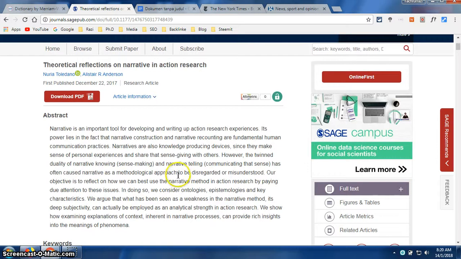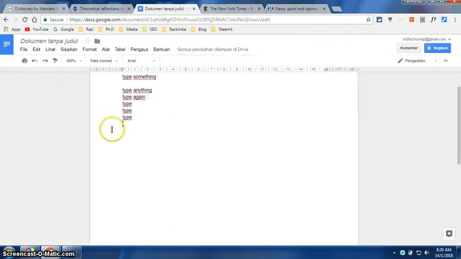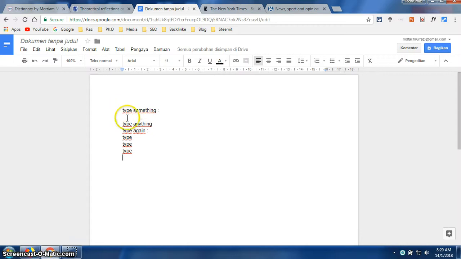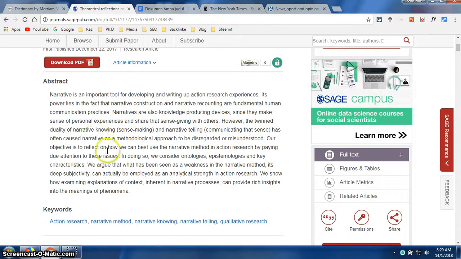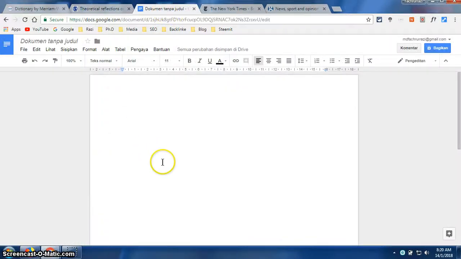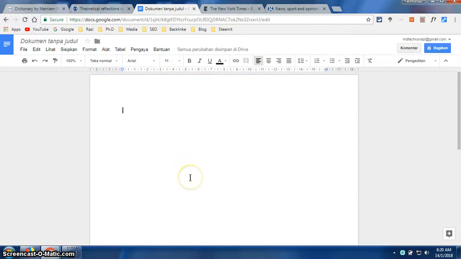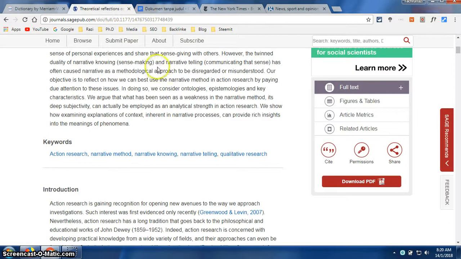For example, if I have one text here and I have my document over here, and I want to read my text and rewrite it in my document, I just need to go back and forward like that. You can click and click, click and click, which takes a lot of energy and time and is not really effective. But this activity can be solved by using